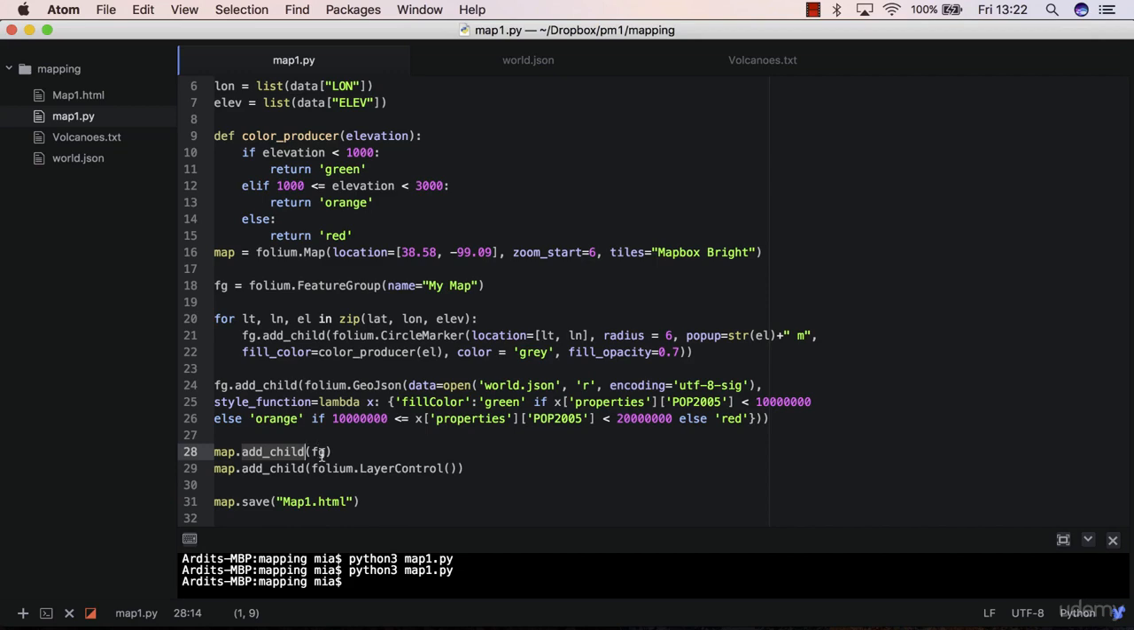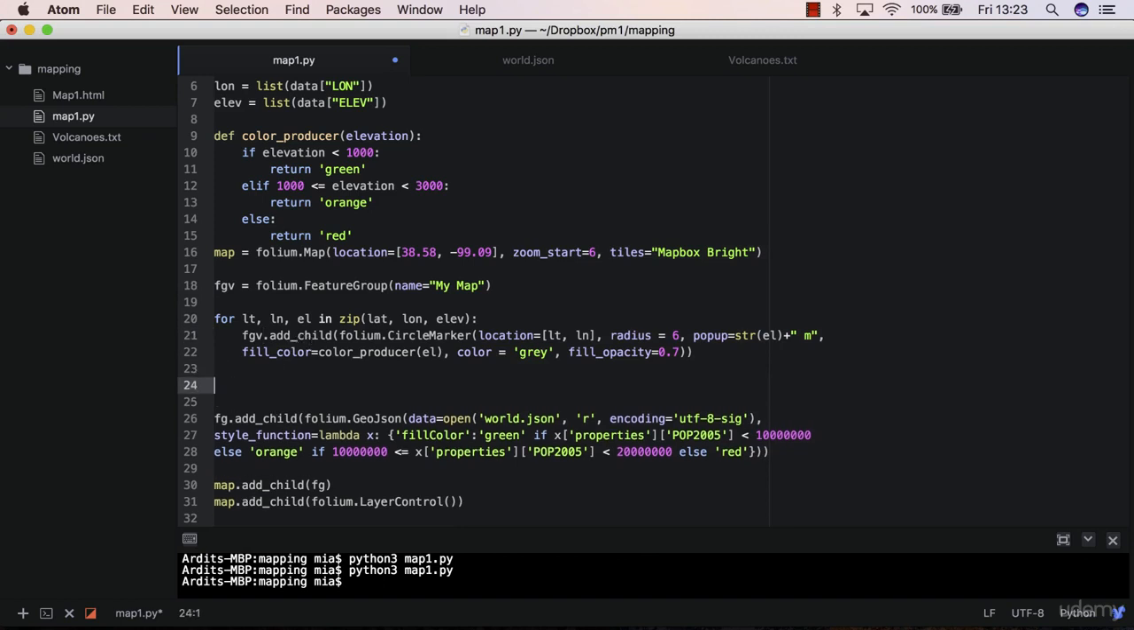But that feature group object contains the circle markers, but it also contains the GeoJSON layer. Therefore, you need to change your strategy here. So how can you do that? Well, there may be different ways. One way is to actually create a feature group for volcanoes. Let's call it fgv. So you add fgv here,